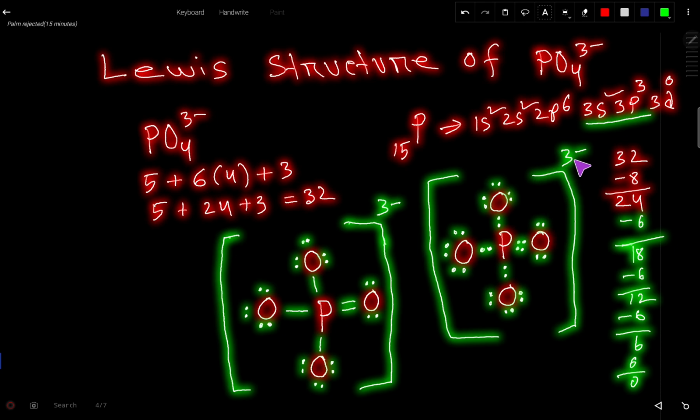So if you use this formula, that 3 minus means 3 oxygens will have a single bond and the other oxygen will have a double bond, then you will get the stable Lewis structure automatically. At last you can express this bond pair as a dash. Single bond pair, 1 dash; 2 bond pairs, 2 dashes, right? At last you have to place the charge. So I hope, believe and expect that you have understood this.